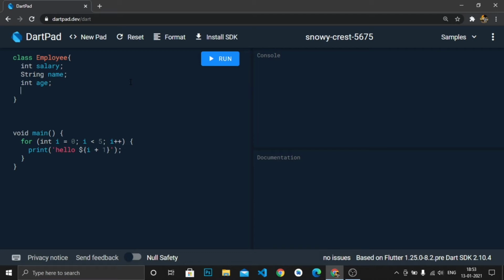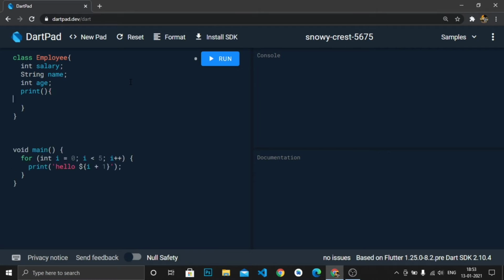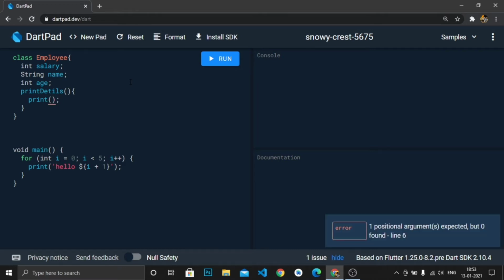Now there might be some methods in the Employee class like print variables or print details. So this will simply print all the details of a particular employee, like this dot salary.